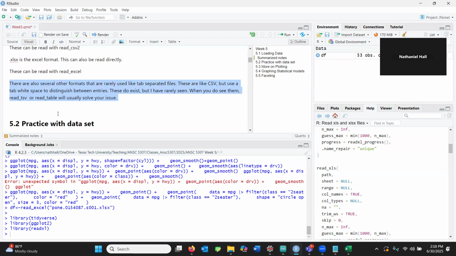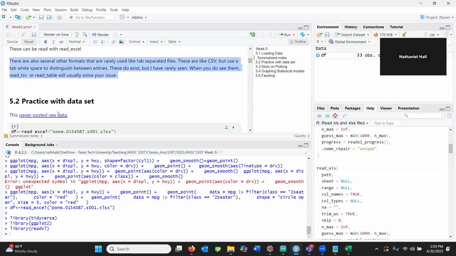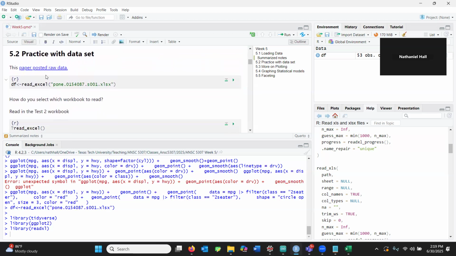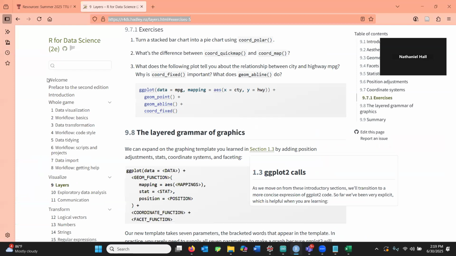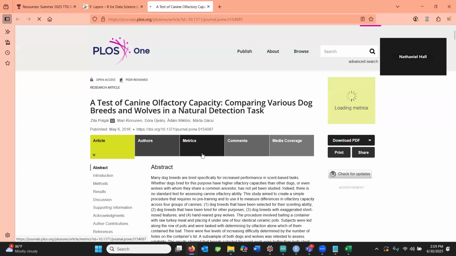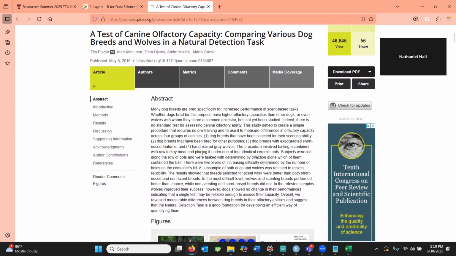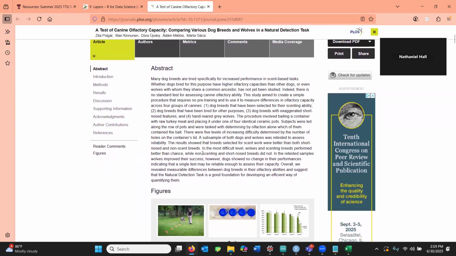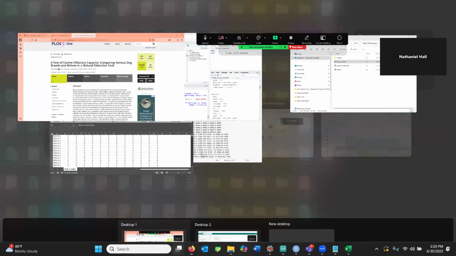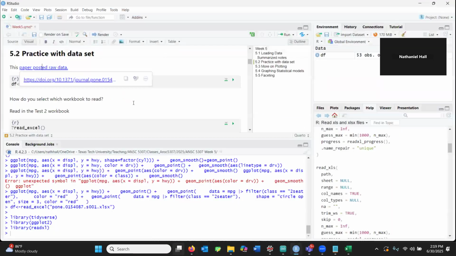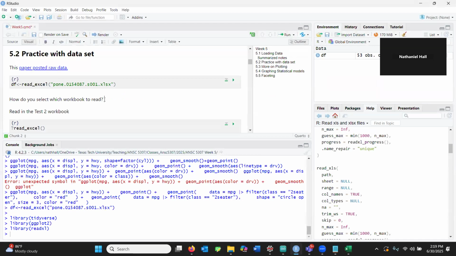So with that, I want to move into giving it a practice. There is a paper that I just kind of picked randomly that is linked in your data that has a raw data set uploaded as the supplemental materials. I went ahead and downloaded that data set for you, and that is uploaded in this week's module. And what I want you to do, I'll come back to you in just a second, but figure out using the read